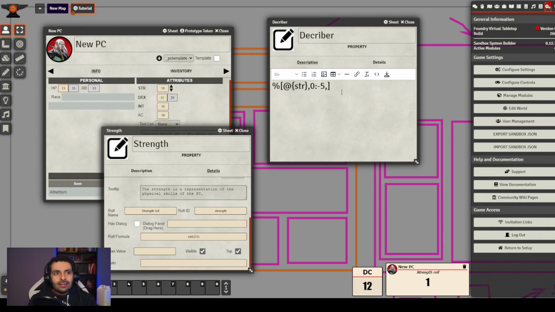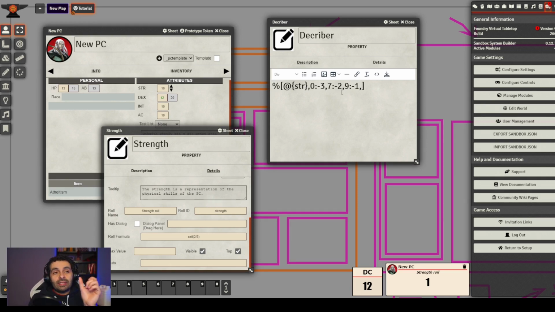If my strength is under 8, so 7 or lower, my modifier is -2. Let me change this a bit so it makes more sense. So if it's 0, it's -3; if it's under 8, it's -2; if it's 8 or 9, it's -1.